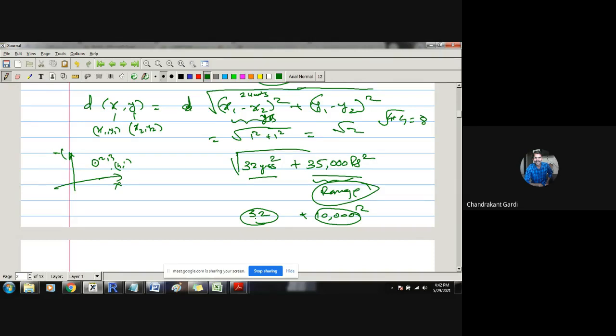But if today something is measured to be 32 centimeter and tomorrow it is measured as, say, 50 centimeter, then that difference of 18 centimeter is going to cause a large percentage increase in the observation. So that difference of 18 is large. So what is your base? The values will be compared to that. When your base is 10,000, with respect to that, 32 is a very insignificant number,